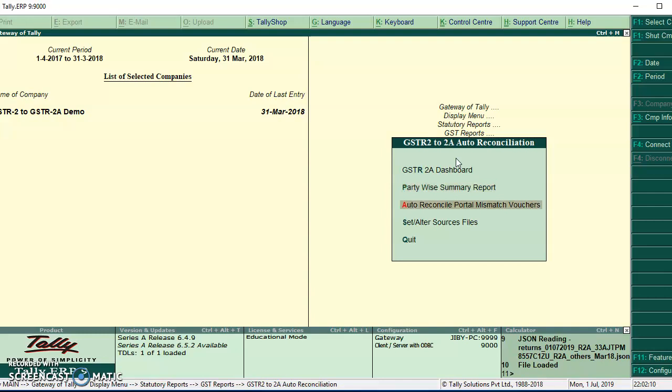We have also given an option to automatically reconcile the data by correcting purchase bill number, date, etc. Your supplier would have changed the bill number, date, etc. after he has issued the invoice, thereby leading to mismatches. These errors can be rectified from your Tally to match as per what is available in the portal.